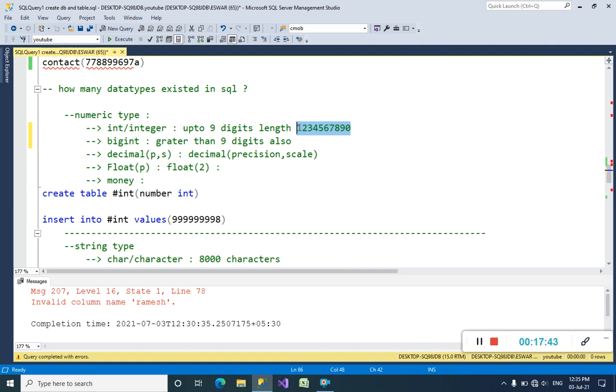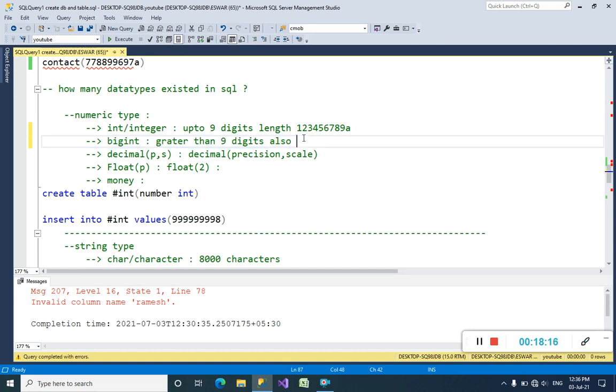Also, a 9-digit number along with a single character is not valid, because we cannot insert characters into an int data type. We must insert numeric values into an int data type.